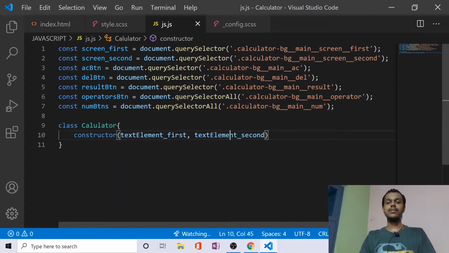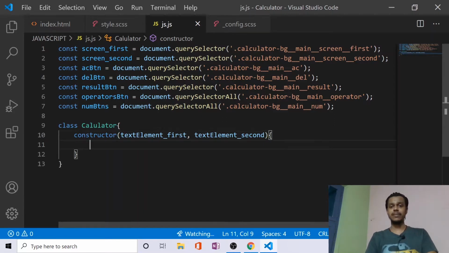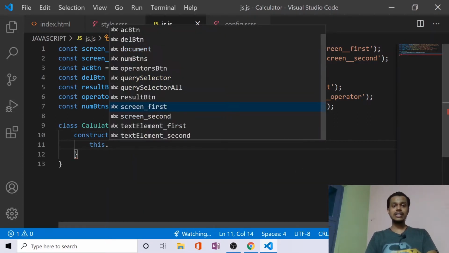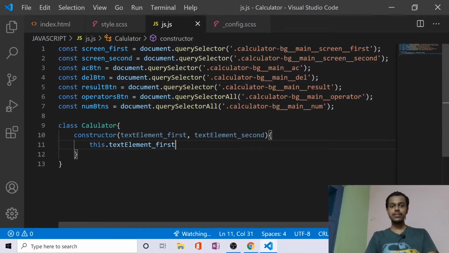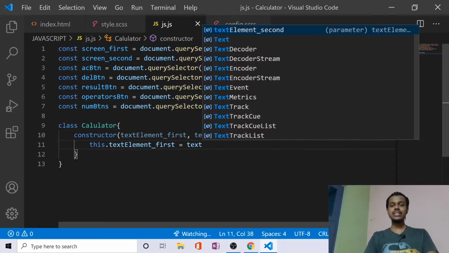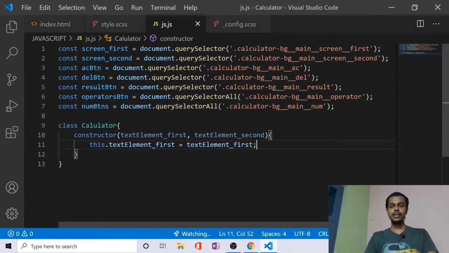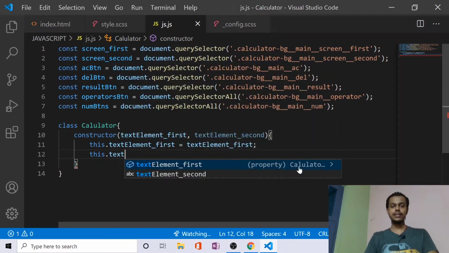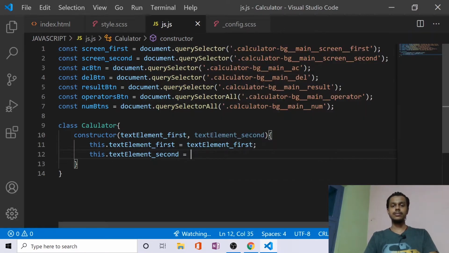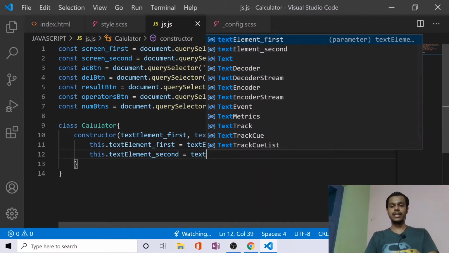I have named it wrong. So in the constructor we are taking two parameters. The first one is text element first, and the second one is text element second, as screen first and screen second respectively. And now let's select those two parameters. So I'll name it this.screenFirst as text element first, and this.screenSecond as text element second. Okay,